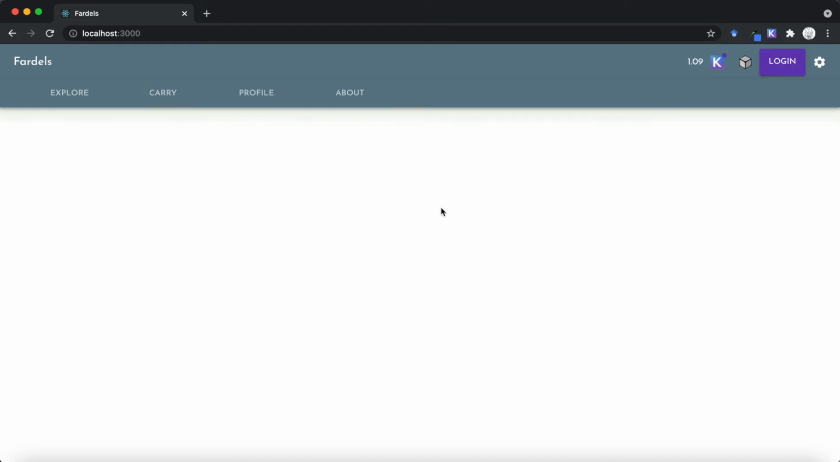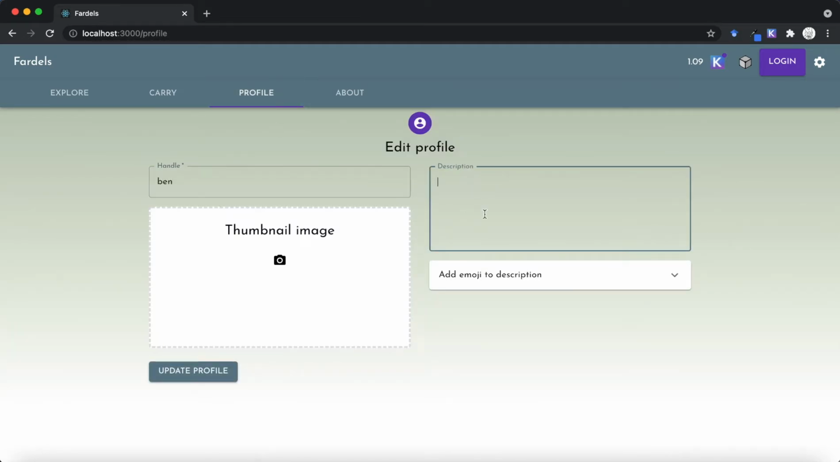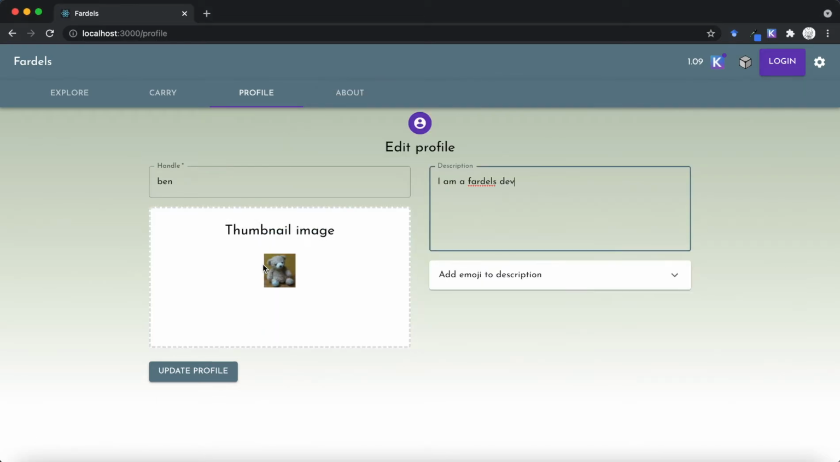So the first thing that we want to do is to create a profile. So I'm going to do that. I'm going to create a new handle called Ben, and I say I am a Fardels Dev. And then I'm going to also add in a thumbnail image, make myself a picture of a bear. So what it does is it creates a small 60 by 60 pixel thumbnail,